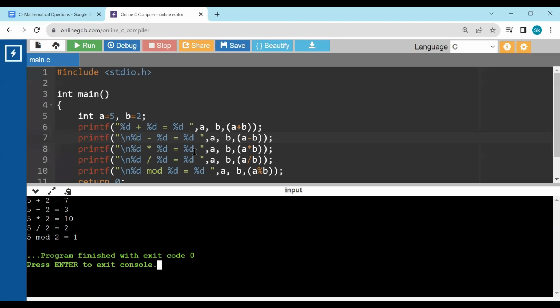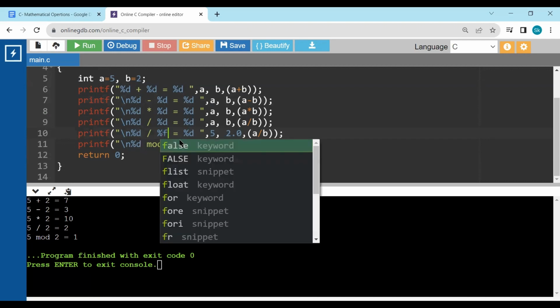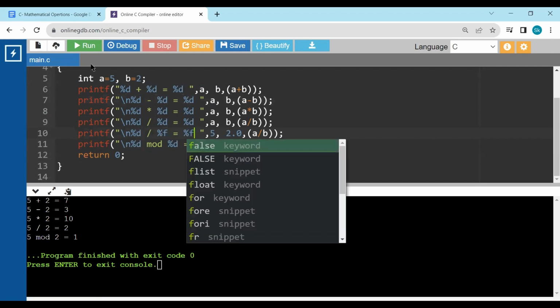So the only thing we can do to get the result as a decimal is to write this 5 as 5.0 and this 2 as 2.0. In this case, this will become float, the second value 2.0 is float, and the result is also float. So if we run this one,